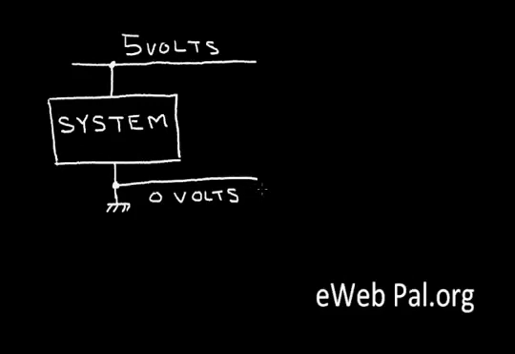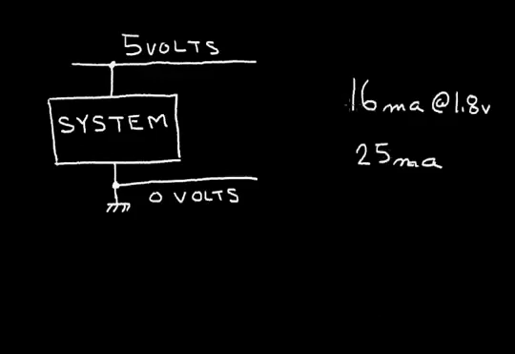Now what I want to do is I want to design a power indicator light that tells me that my power is on in this diode circuit. And I'd prefer to run close to the typical current of 16 milliamps with a 1.8 volt drop across the light emitting diode. Now what if I were to hook up the LED